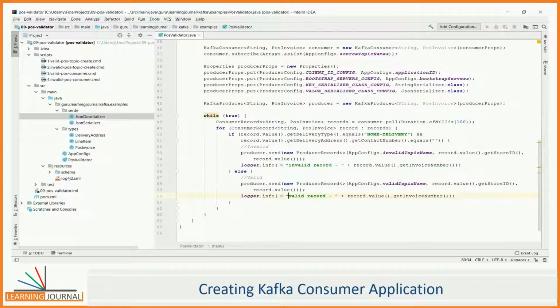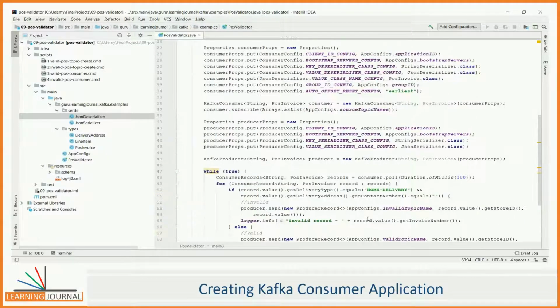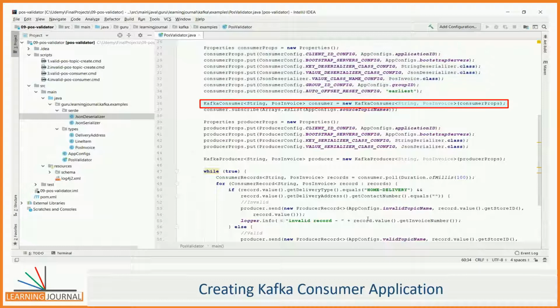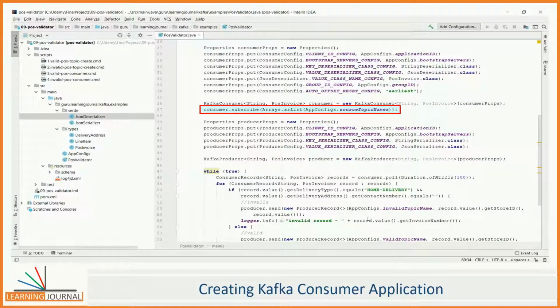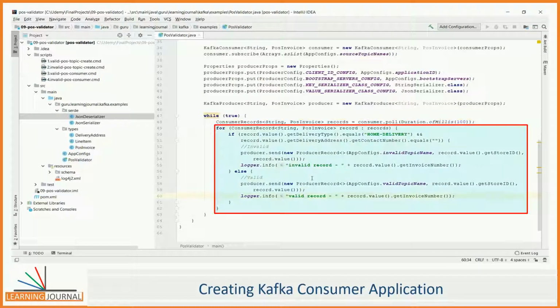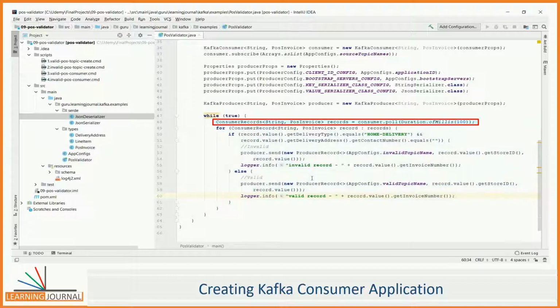Let me quickly summarize whatever we have done here. We defined consumer configurations and then we created a Kafka consumer using those configs. In the next step, we subscribed to a Kafka topic and finally started polling the brokers. Each poll call will provide a set of invoices. We process them and again poll for the next set of invoices.